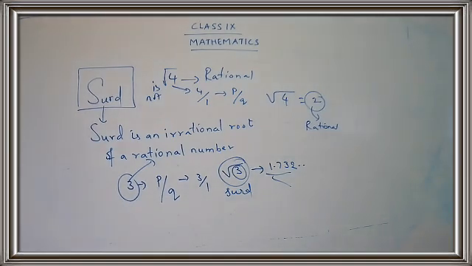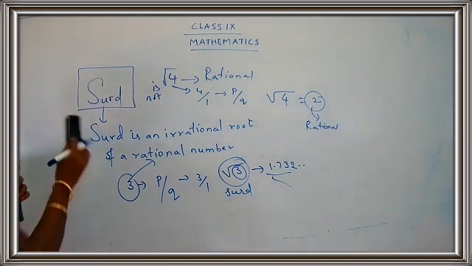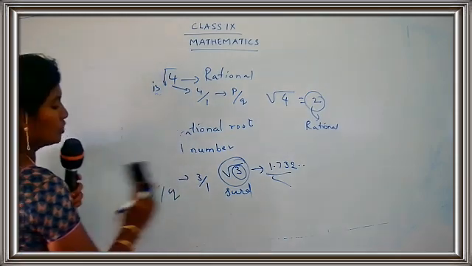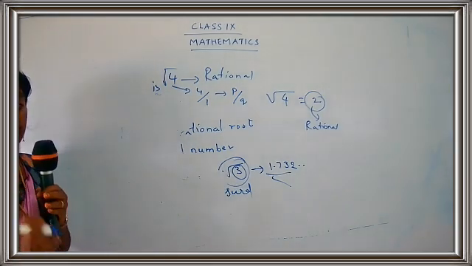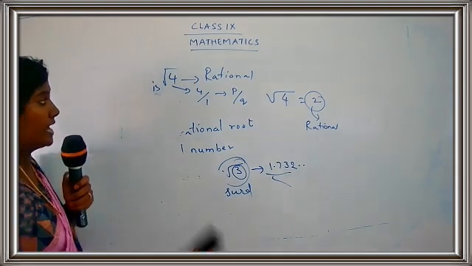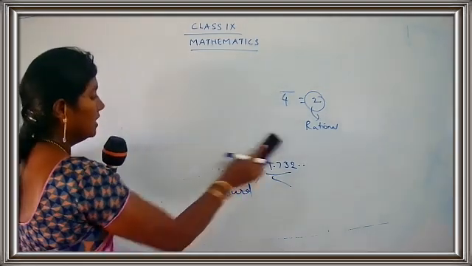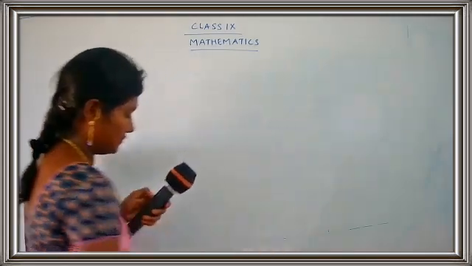Okay, children. So this was what we have seen in the previous class, and I told you to write down some points to remember. I told you to do a self-study and take down some of the points. Now I am going to explain those points. No need to take them down in the classwork, you have already taken down those points. So just understand the different types of surds. What is the definition for surd, children? A surd is an irrational root of a rational number. Okay. Now, let's go to the different types of surds.